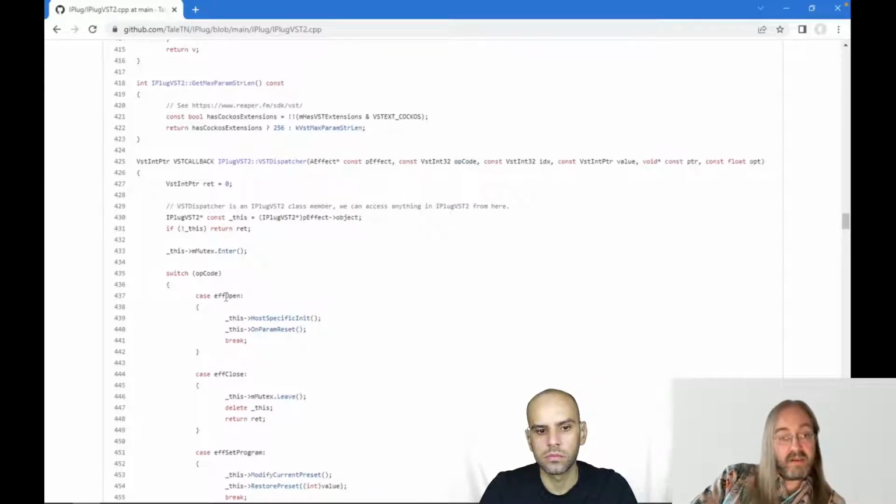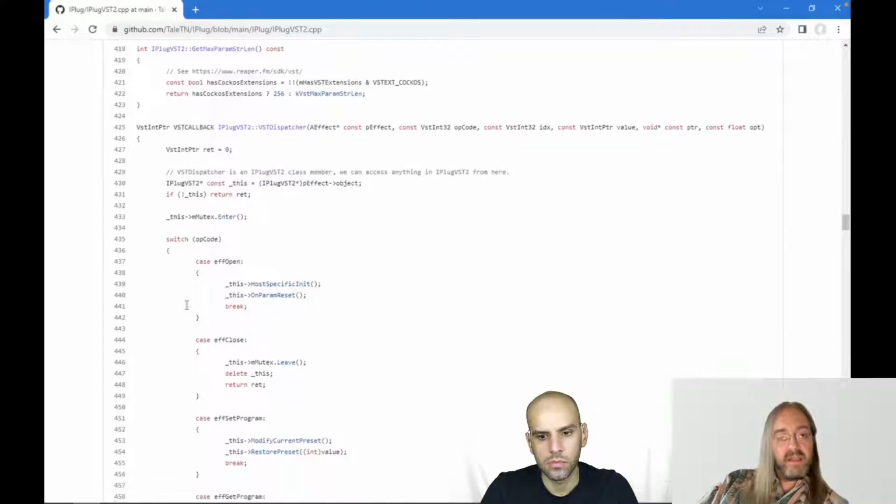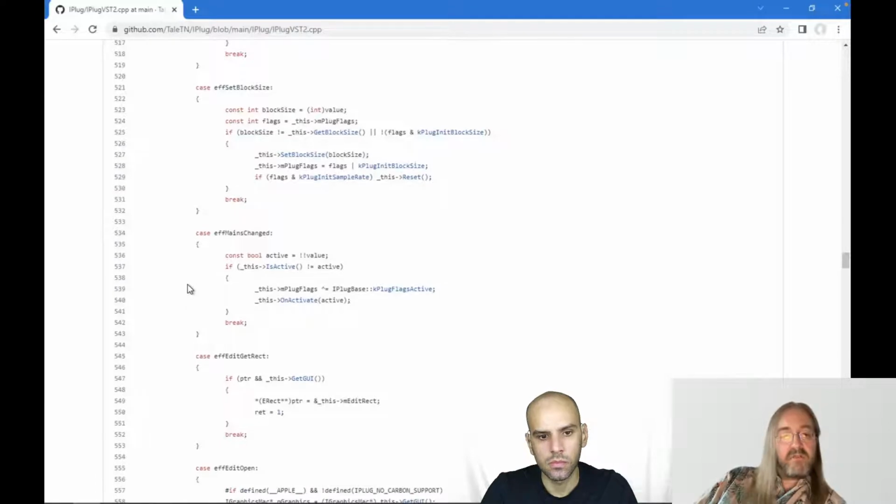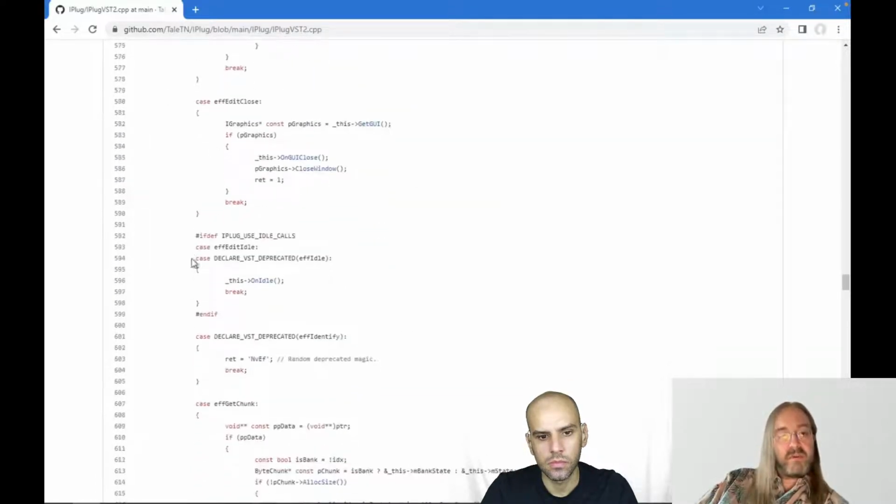And if that code contains the value effect open, for example, then it means, oh, your effect has just loaded, init it please. And so VST works more like you would expect, with one callback for many features. But then, of course, the problem is you have to kind of support all these features, or at least return 0 or something to indicate that you don't support them.